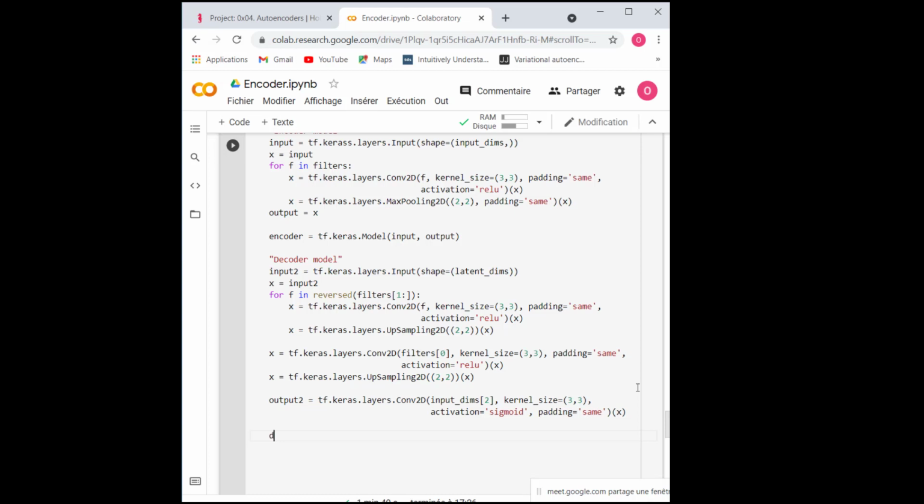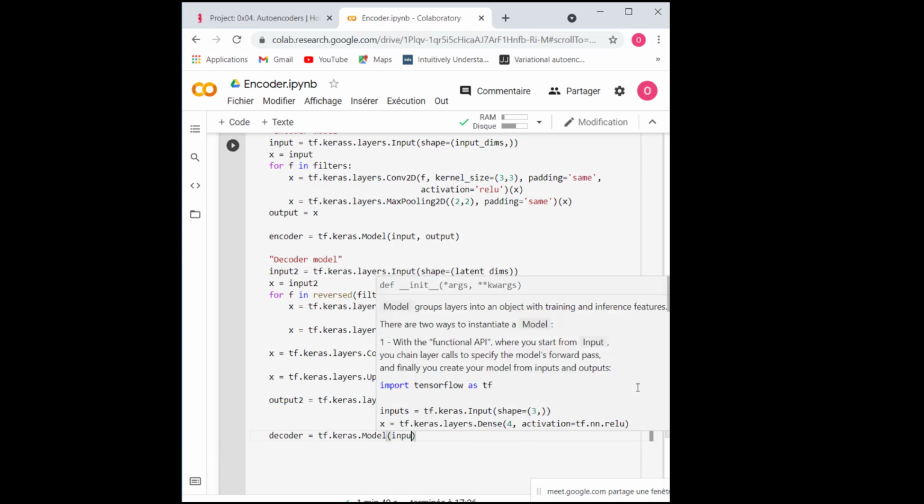Okay, so I am going to construct now my decoder model. It's going to take my inputs equal to my first input, my input layer in the encoder, and the output will be the encoder wrapped with the decoder.